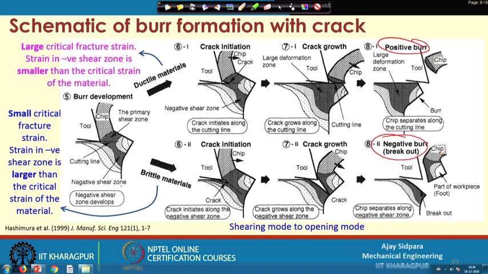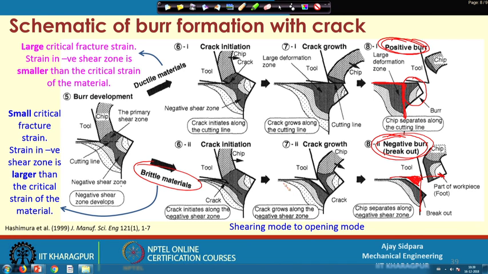Why is it so? Because this is the workpiece surface we required. That means there should not be any additional material attached, or any additional material removed. So, if this is our required geometry, then this is something extra which is attached to the workpiece surface. That is why it is called a positive burr. But if you see this brittle material, this is what is required, but in this case the required material has been removed from the surface. So, that is why it is called a negative burr, because something is missing from here, and that we have seen in the last class.